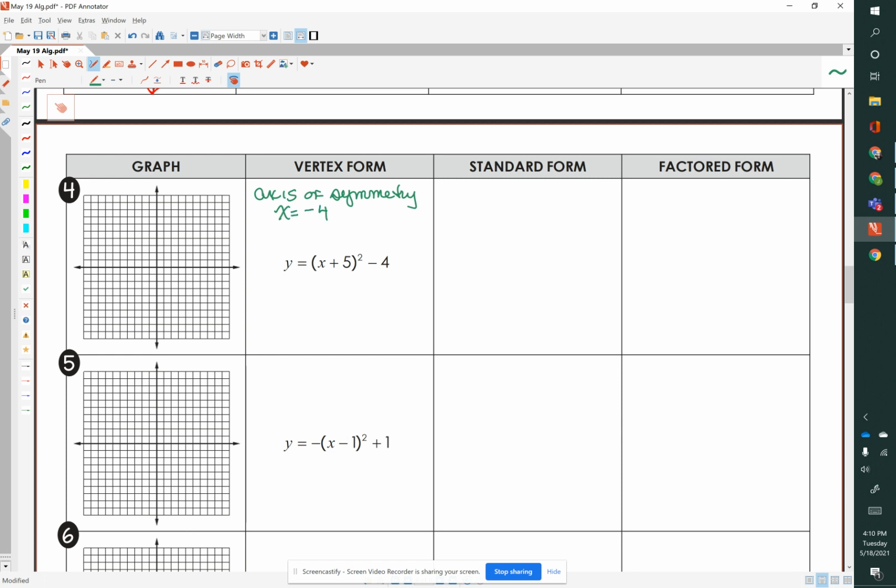So we're going to have an axis of symmetry right here. And we also know that the vertex will be at